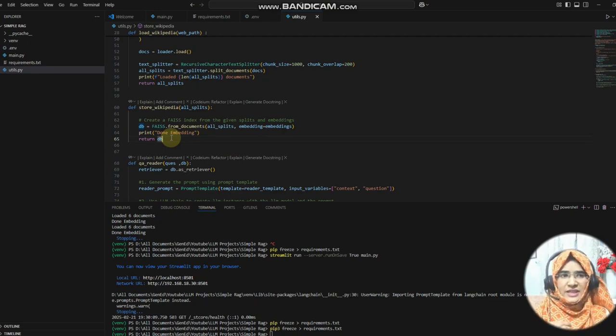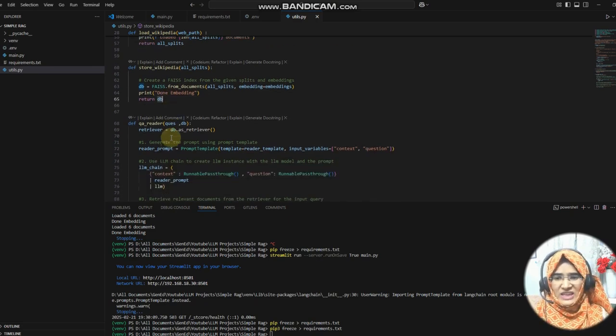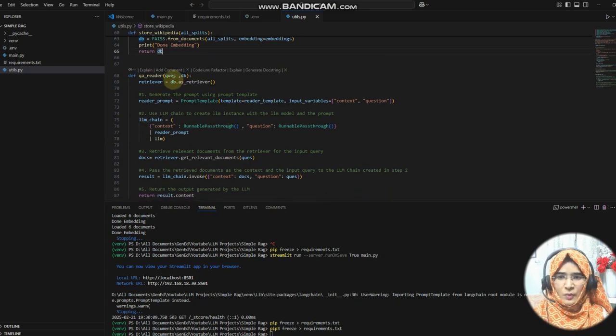The second one is that whenever a question is asked by the user, we need to go back to the vector database and get the content for that particular question, so that we can define that this is the thing that we get from your particular defined content, right? So for this, we have the QA reader here. What we are doing, we are first retrieving the database that we defined here, DB.